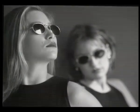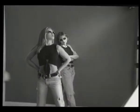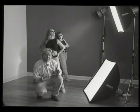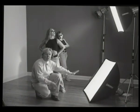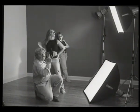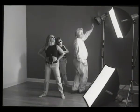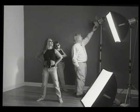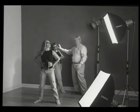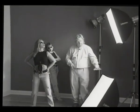Good. Tina, stretch a little bit more, stretch it up, chin up just a little bit, right to there. Now if you could freeze it just a moment. Same 3 lights, different configuration. We took our larger softbox, put it down low for a fill. Smaller softbox up, coming in for a broad key light for the person in front. Changed out the white umbrella, standard reflector, 16-degree honeycomb grid, causing a shaft of light here, a perfect key light for her. Getting a high fashion look of 2 sisters, F11,